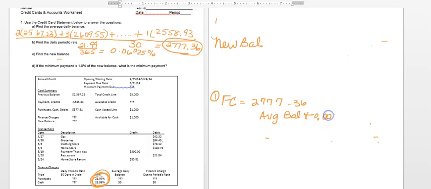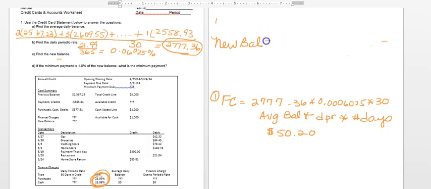So it's 0.0006025 times the number of days in the period, which is 30 days. Just so we're clear on this, this is your average daily balance times your DPR times the number of days in this billing cycle. So your finance charges for this particular problem turn out to be